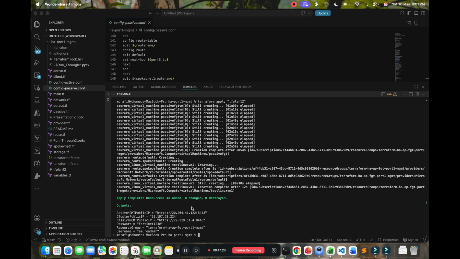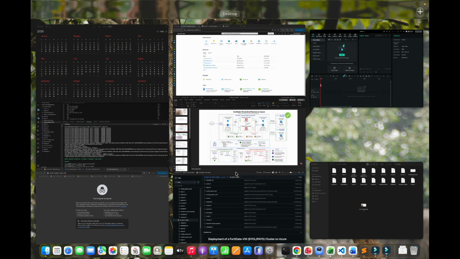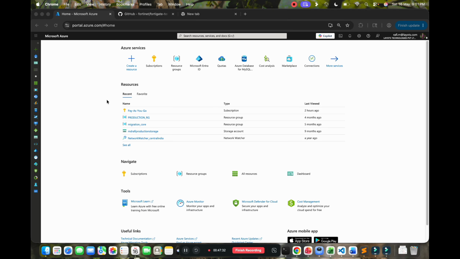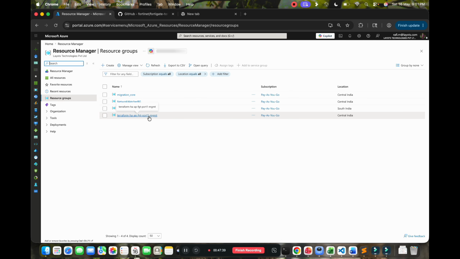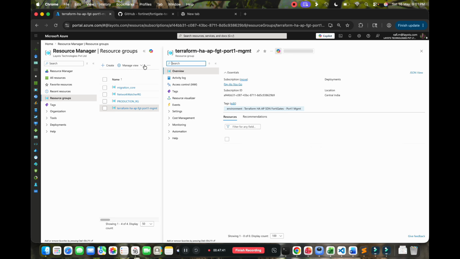So before moving further with logging into the active FortiGate VM and the passive VM, let us review what all the resources are that are added, and their existing state. So we'll direct ourselves to the Azure Management Console. We'll go into the resource group, where you can find the resource group which is created as part of this